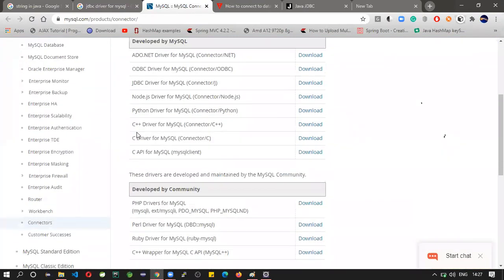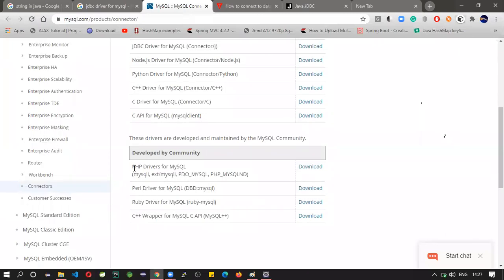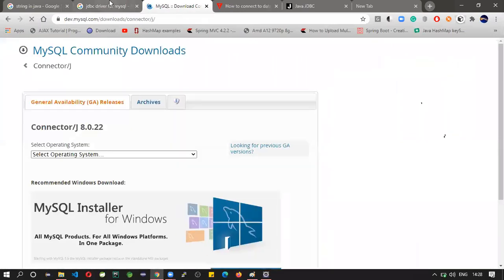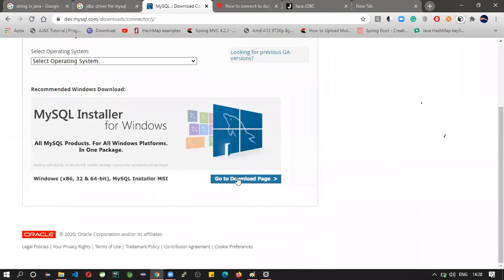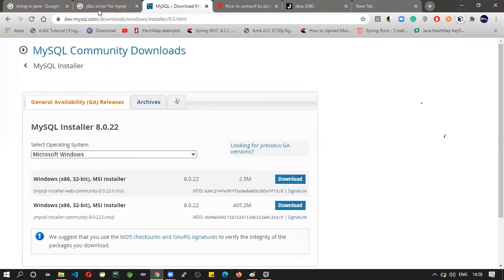There are drivers for Python, C++, Node.js, C, PHP, Perl, Ruby. So click on download, go to download page. Still it is showing the same, right?